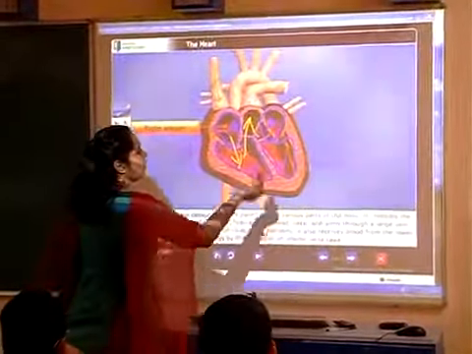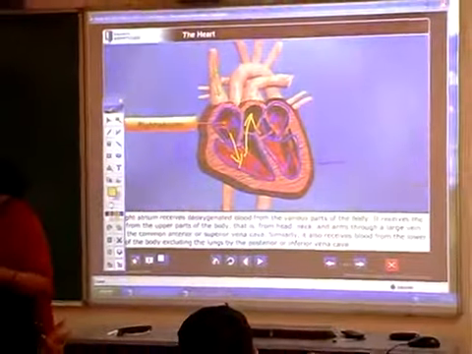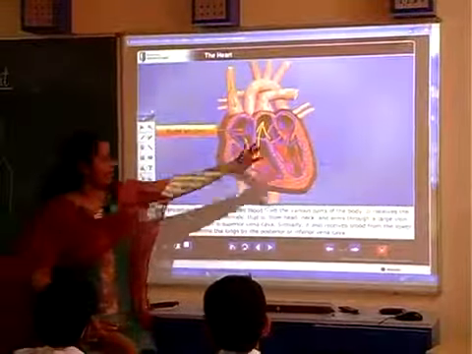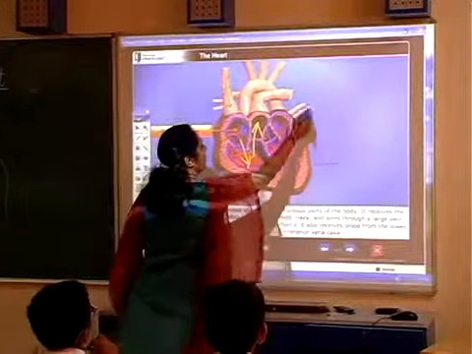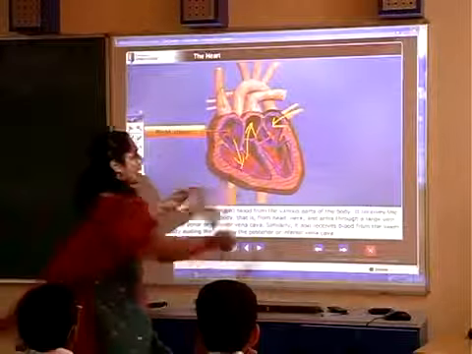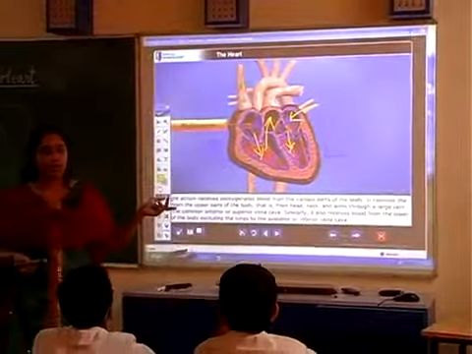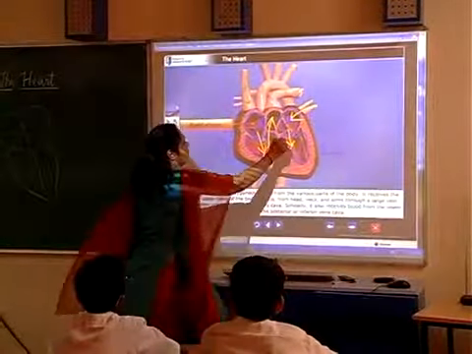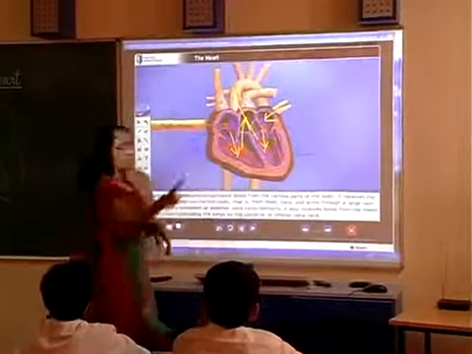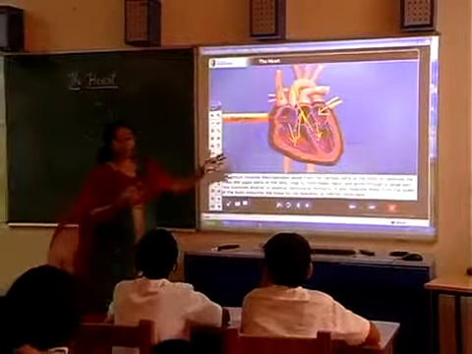Similarly, from the left side, the pulmonary veins from the lungs. The lungs will purify and oxygenate your blood, and the pulmonary veins will bring the oxygenated blood into the auricles, and from the auricles it enters into the left ventricle, from where the aorta will carry it into the different parts of the heart. Okay, so I mean different parts of the body.